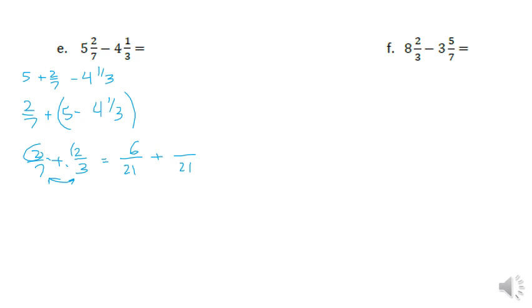Now I want to create equivalent fractions on these, so I know 7 times 3 would be 21, and 2 times 3 would be 6, 2 times 7 would be 14, so it's going to be